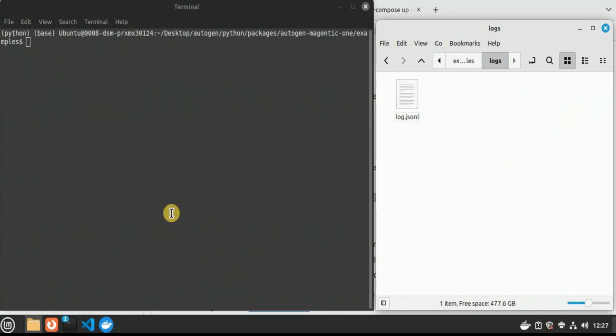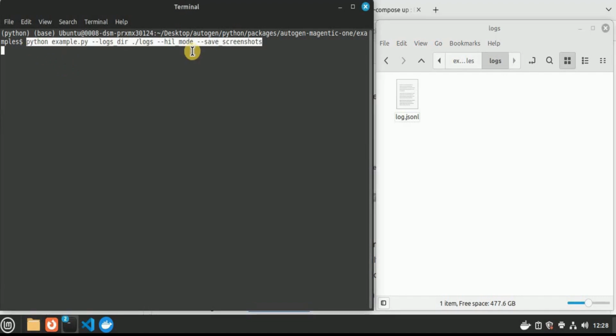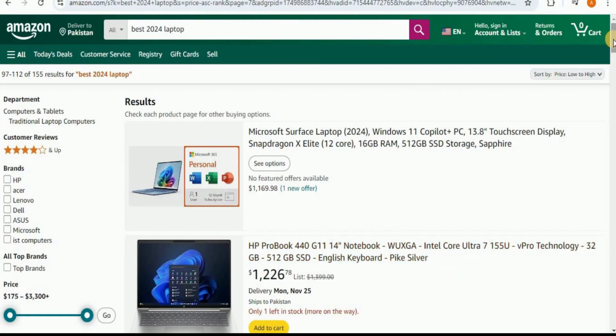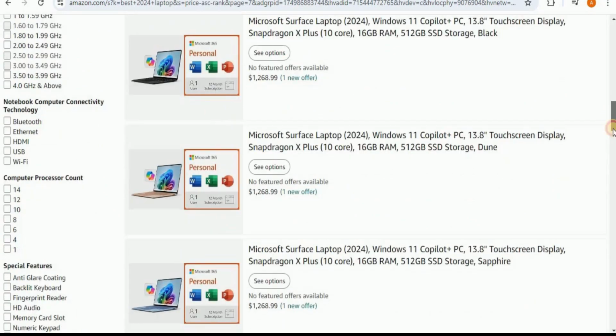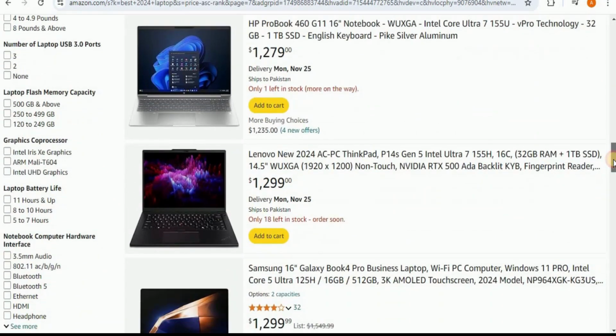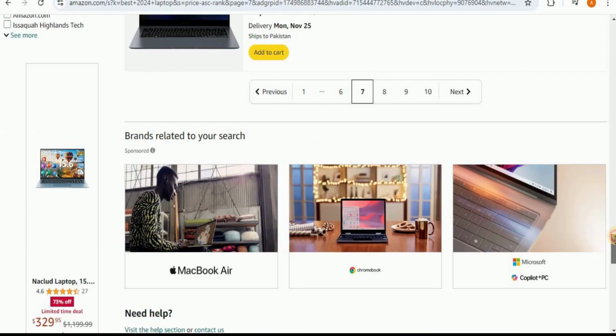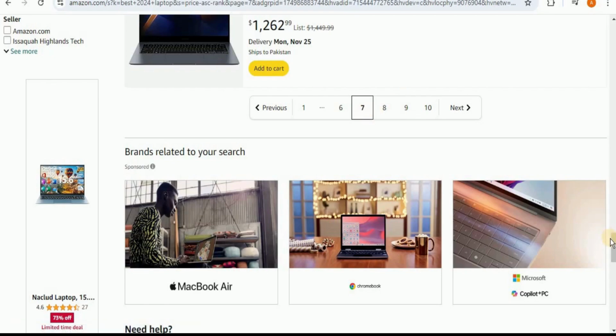Next, I want to see if it is able to perform simple web scraping on any of the websites and fetch relevant information. So for that, firstly, we are once again going to run the example.py file and I'm going to use the same flags. Then once you run it, it will ask for your prompt. So here I actually wanted to go to the Amazon site, and from all of these laptops, I wanted to look for the price of a specific laptop, which is this one having the price $13.99. And if I scroll down and show you the page, you can see that it is present on page number 7.